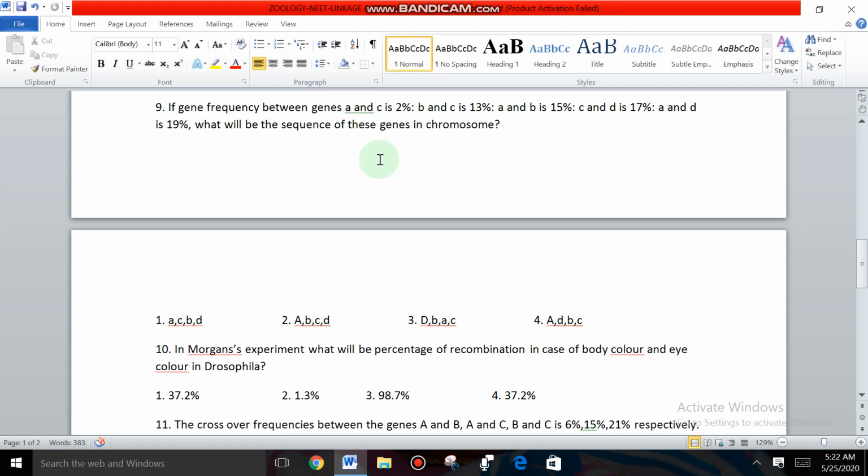So whenever you can write one line and arrange the gene sequence, by seeing it only you can give the answer. While doing the objectives, whenever you take the largest percentage, that is A and D, first A, last D. Beside the A, C is there because of 2%. Okay, A, C, last D, and between them B is there. So what is the option? A, C, B, D. Whenever you count that, the percentages will come. Clear? Right.